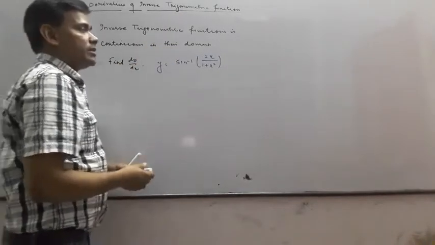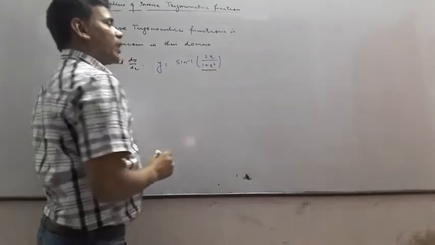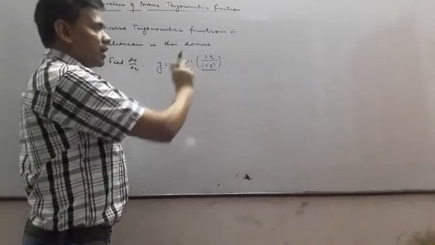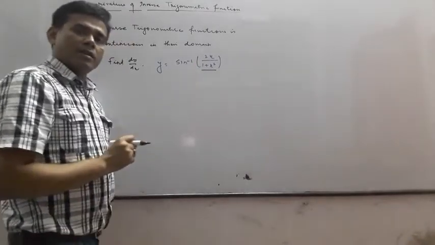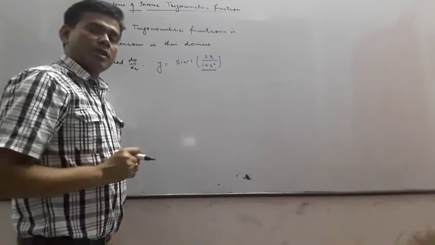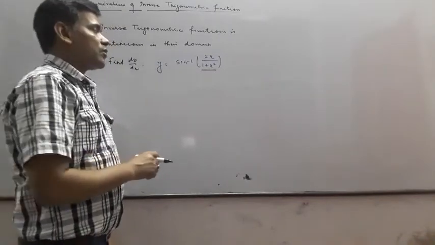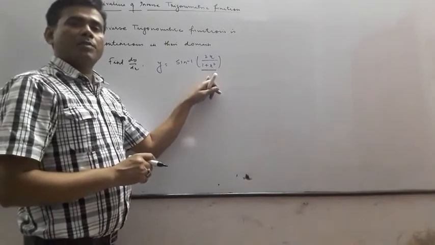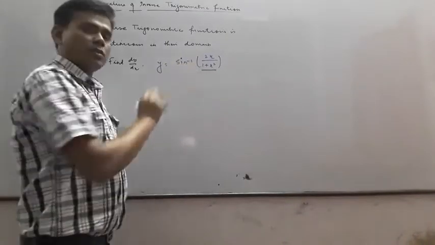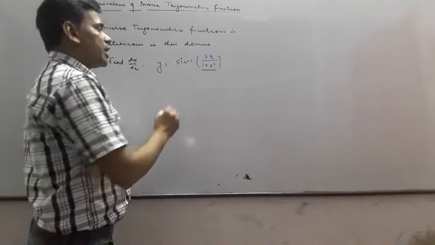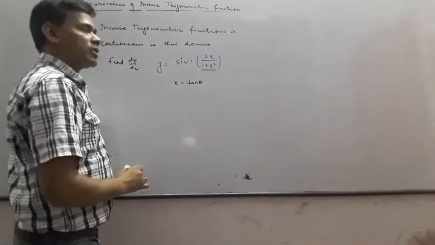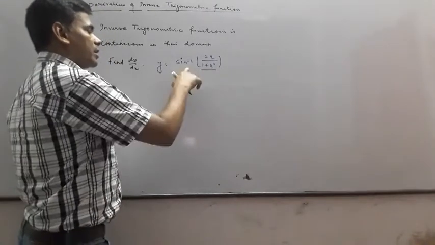In this underlined algebraic form, 2x by 1 plus x square, you will have to substitute x with trigonometric ratios. You will have to determine which trigonometric ratio is suitable to convert this algebraic form of the expression into sine, or something nearer to the sine. So I am supposing here, if you let x equal tan theta, then what will it be? Sine inverse,